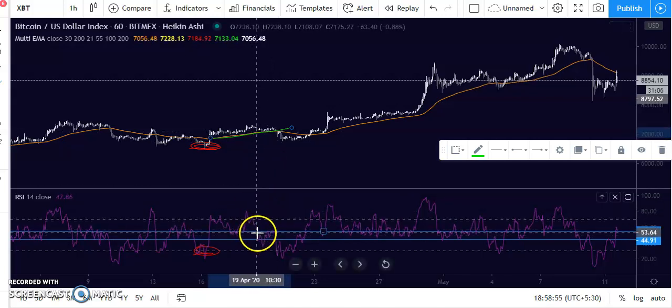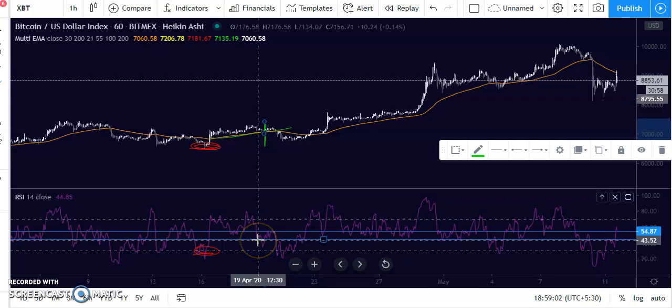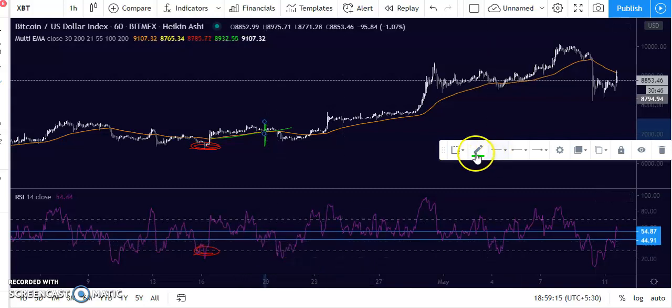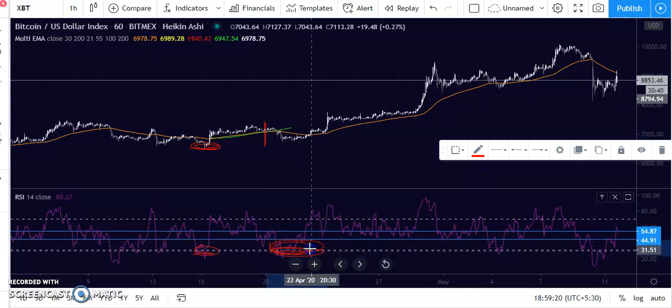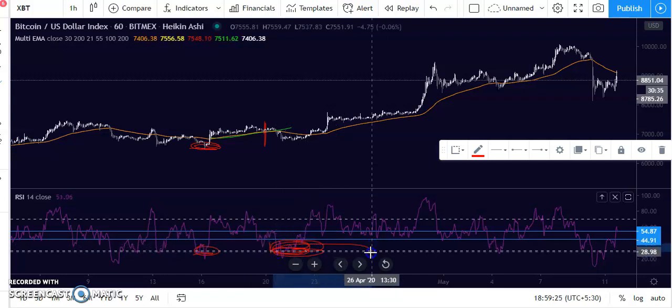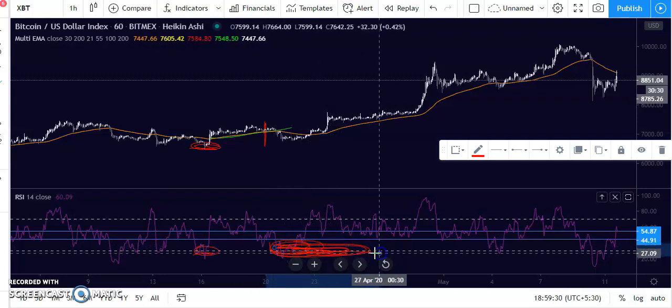Now, if you look at this particular region, the RSI went below the 45 line. That means what? If you are an intelligent person or if you have common sense, you should never take long positions. So you should wait. Don't be in a hurry. In trading, don't be in a hurry. Wait. 80 to 90% of trading is just waiting, not just taking trades. So this is the waiting region, the red zone. You should not take long trades here.